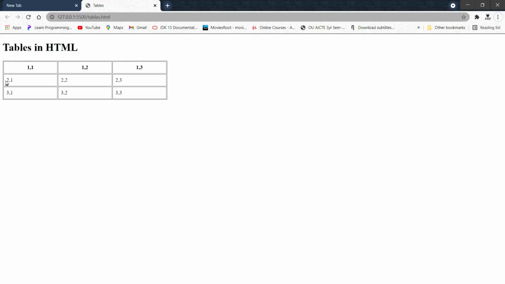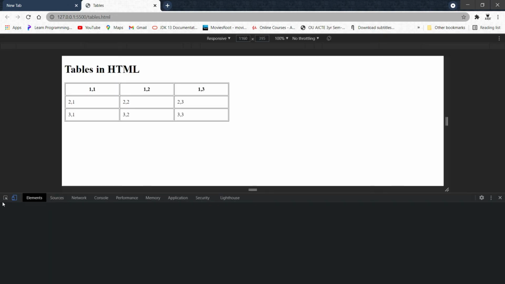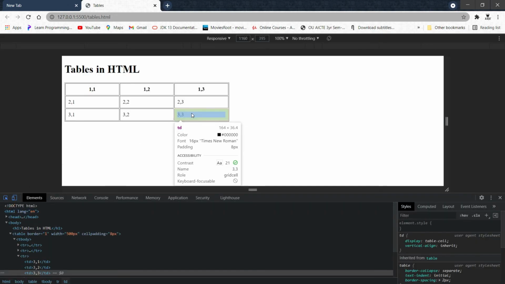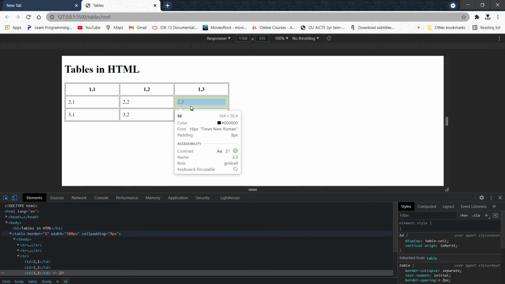As you can see, the text is shifted slightly to the right. Let's inspect it and see what's going on. So the blue color indicates the text and the green color indicates the padding, and as you can see here, when we have added the cellpadding attribute, it adds a padding of 8 pixels to each cell of the table.